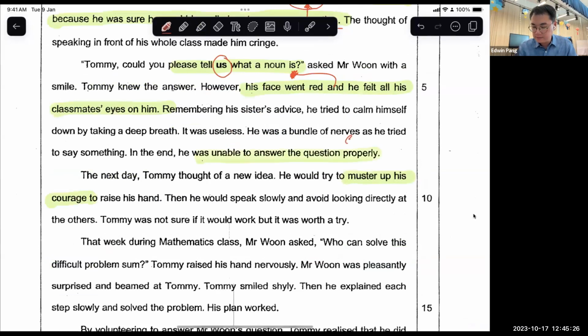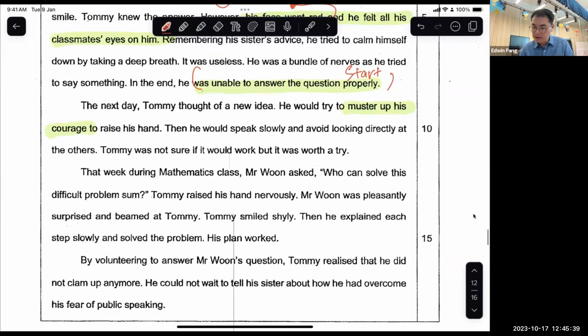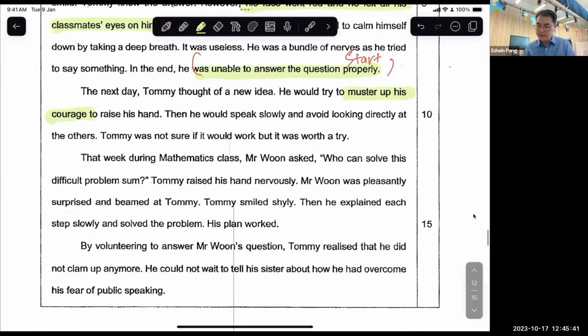This is the start. Right at the beginning of the story, he was very nervous. He was very scared. So the result was he was unable to answer the question properly. So that's the start. Then right at the end, here it says,